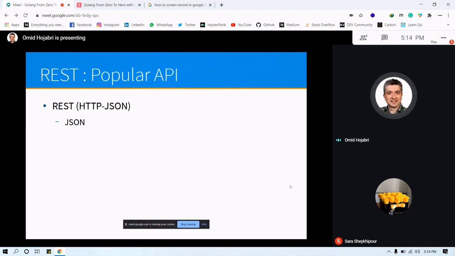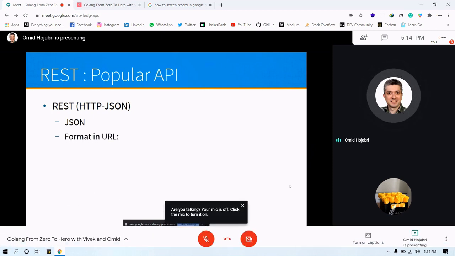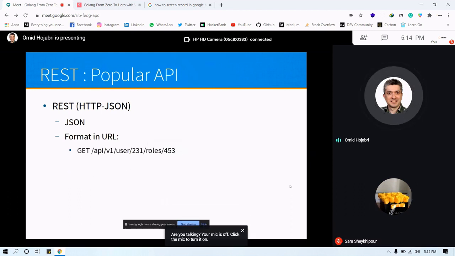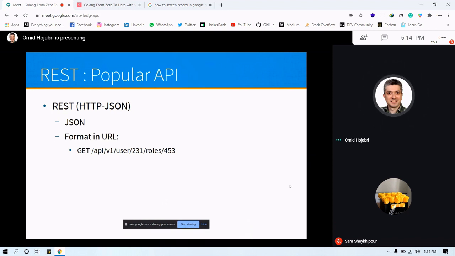Okay, you know that today the most popular API is REST. I mean API in web services. REST is based on HTTP 1.1 and data is based on JSON. URL format in REST web services is based on standard HTTP commands like GET, POST, PUT, DELETE, and other typical HTTP commands. You know that URL format is like this: /api/v1/user